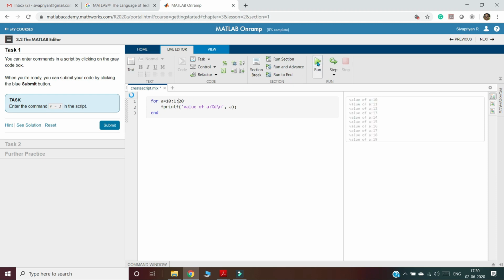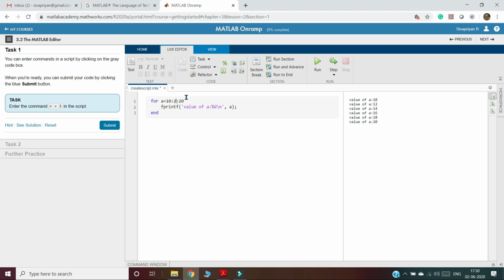Now I will run. If I run, the value of a is 10, 11, like that I got it. Now if I put the increment value as 2, then I will get 10, 12, 14, 16, 18, 20.